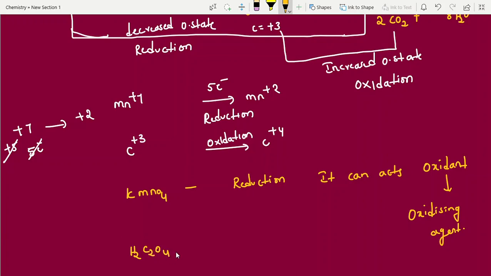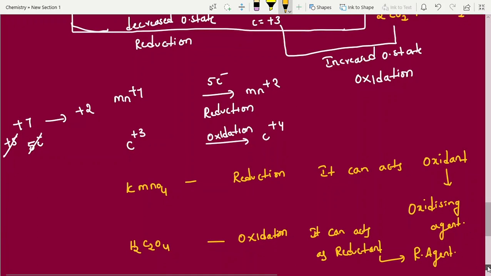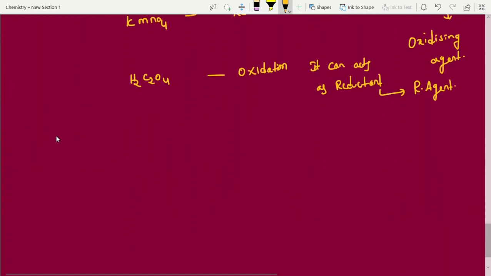It is undergoing oxidation. Which is undergoing oxidation? It can act as reductant. That is nothing but reducing agent. To understand more this one, I am giving another definition, students. Oxidizing, reducing agents only people are confusing. That's the reason important note points I am writing. You people also note down.